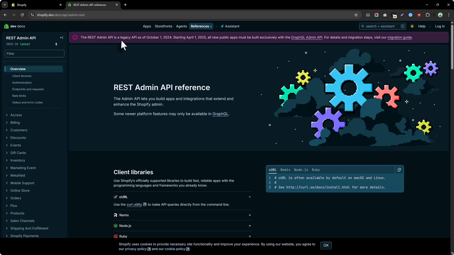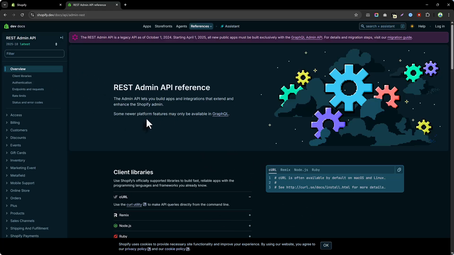REST Admin API is a legacy API as of October 1, 2024. Starting April 1, 2025, all new public apps must be built exclusively with the GraphQL Admin API. So they are moving things to the GraphQL Admin API, but for this demo purpose, we will use the